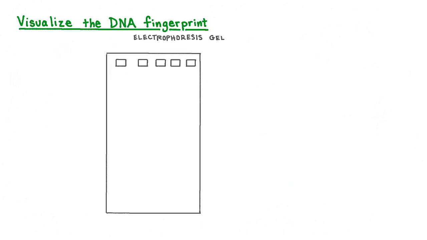Gel electrophoresis is a technique used by scientists to separate the DNA fragments from each sample based on their size. In this process, DNA samples are first loaded into wells at one end of the gel. These samples will include, first, a DNA ladder, or a standardized solution of DNA fragments, that will make it easier to interpret the other samples by comparison. We will also need to include a sample from our crime scene to compare against our various suspects. And finally, we need to include samples from each of our suspects. In this case, we've included 3 suspects, or suspects 1, 2, and 3.